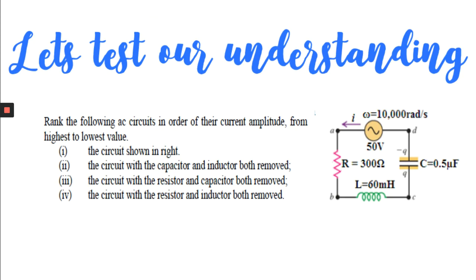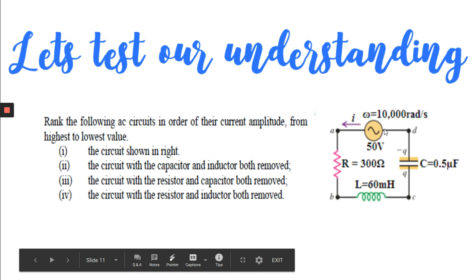So, what have you discussed here? You have discussed the phase difference between current and voltage when an inductor, capacitor, and resistor are connected in series with an AC source. What is the amplitude of the current in the circuit, what is impedance, what is the phasor diagram, and how the impedance depends upon the inductance, capacitance, and resistance. So everything we have discussed. Now let us see how much you have understood.